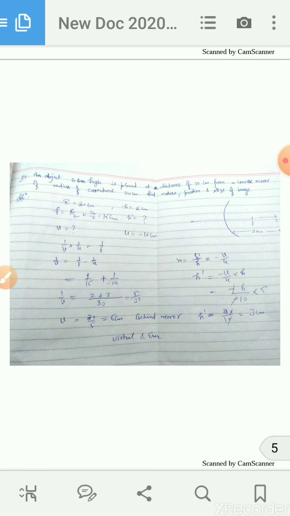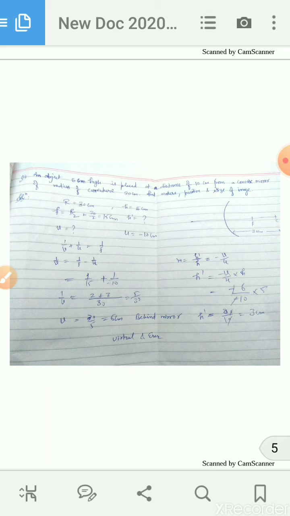Next question is given here. A concave mirror produces a 3 times magnified, or enlarged, real image of an object placed 10 cm in front of it, that means u is given. Where is the image located? We have to find v. M is given as minus 3, as the image is real. From the formula m = -v/u, we can easily find the image distance, that is 30 cm.